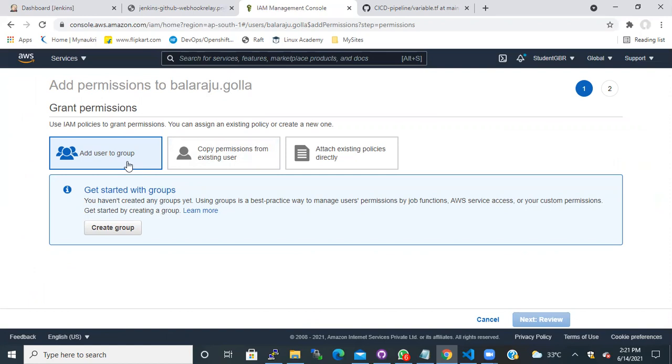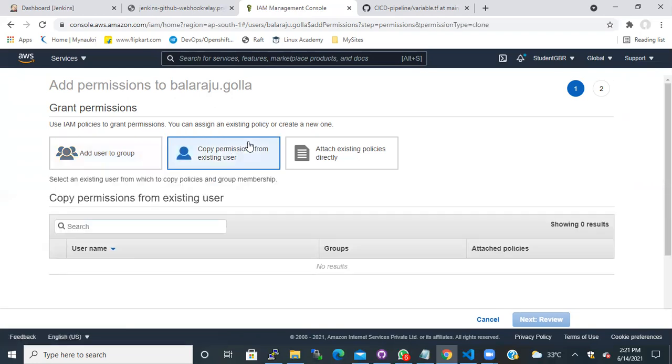Similarly, you can create any number of groups and give maybe read-only permission, full access, or give somebody only EC2 instance access, and give somebody only EKS cluster access, etc. All those can be done through this. We are just isolating the permissions based on the groups.